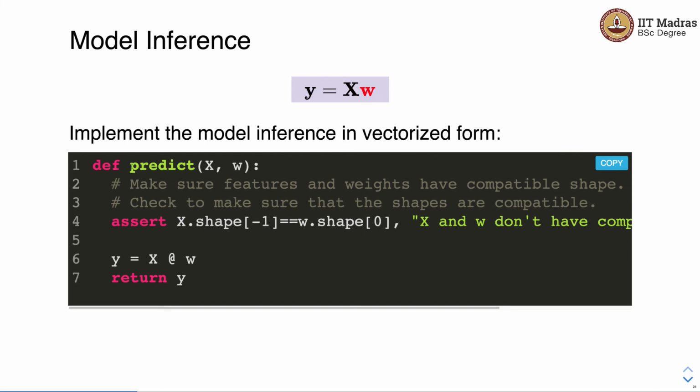The function name is predict. It takes two arguments. The first is the feature matrix and the second is the weight vector. We check the shape compatibility and then we perform the matrix-vector multiplication to obtain y, and finally we return y, right? So this is a very simple implementation of the predict function or